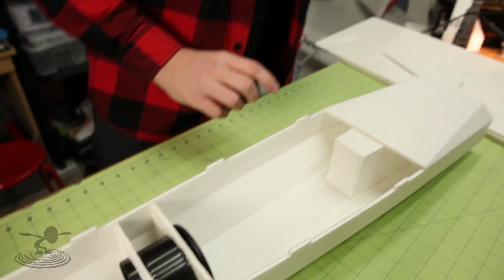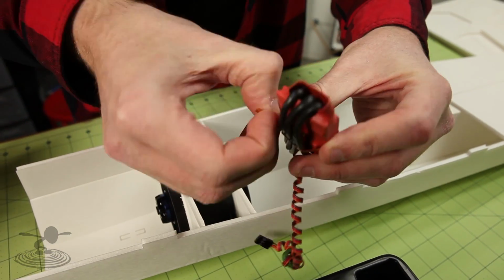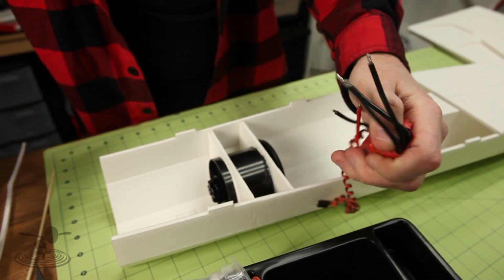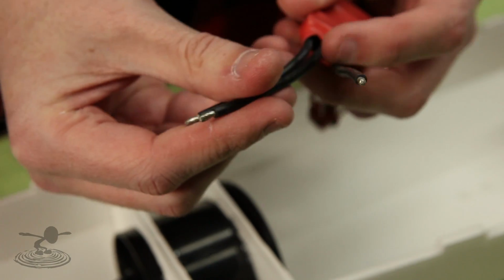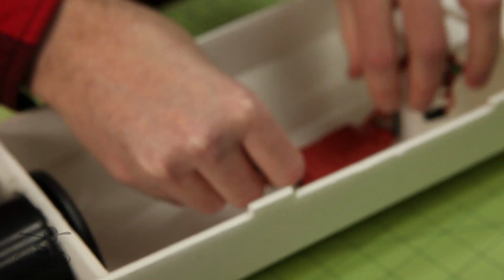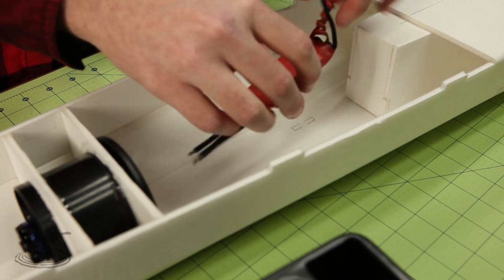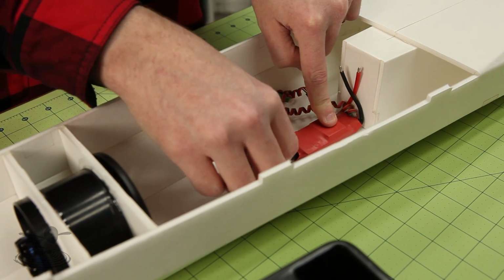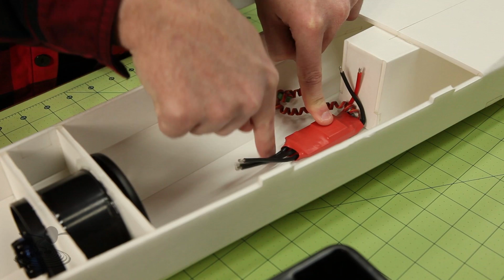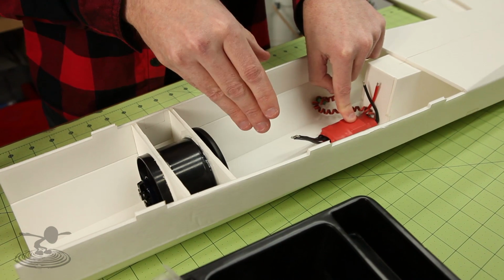Now, we're going to take the speed controller out of here. And as you can see, this particular speed controller does not come with connectors. So you need to solder on your own connectors. And also, you need longer wires, so you will need some wire in order for it to be able to connect. The speed controller I like putting just behind here. That way it gets airflow, but it doesn't obstruct the airflow too much. So I usually put the speed controller here, route the wires down here, and connect it to the back. So we need some extra wire, solder that on, and solder on some bullet connectors, and we're going to get